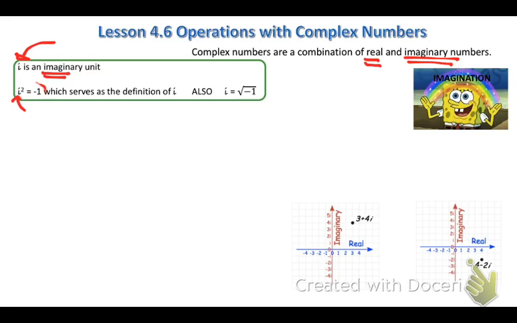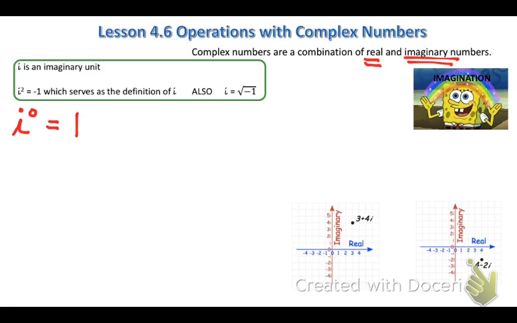So you can imagine if I took the square root of both sides, I would end up with i equals the principal square root of -1. So you might see it in either form. i cycles through 4 different values. So for instance, if I had i to the 0 power, anything to the 0 power we know is equal